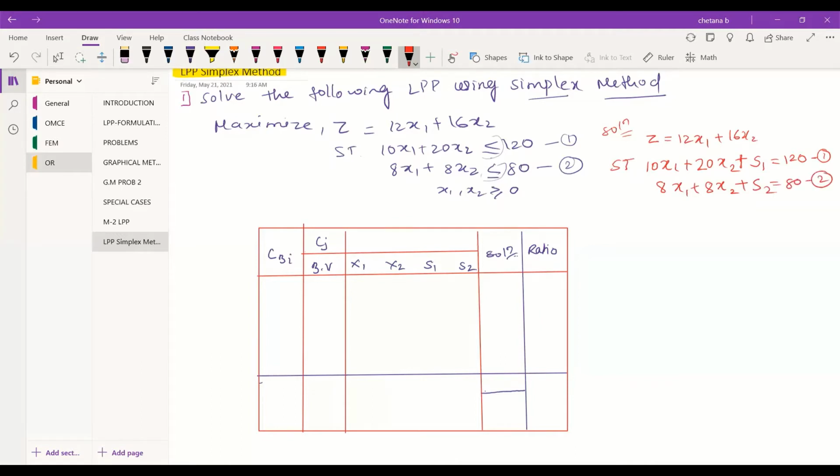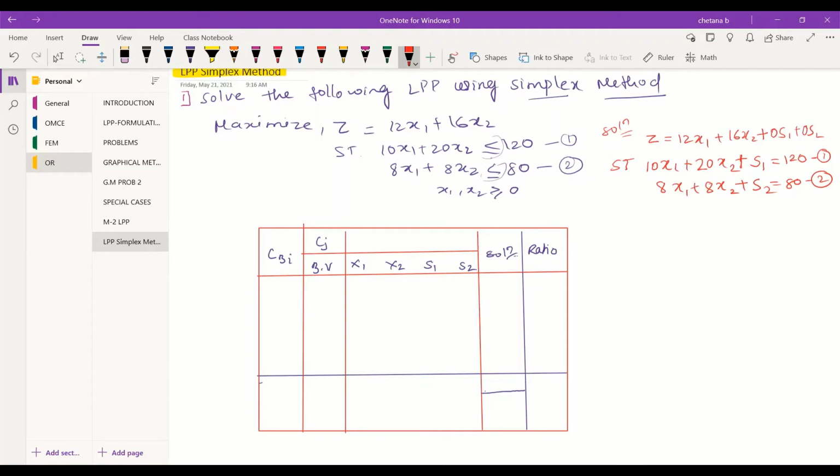The same s1 and s2 that you have considered should be balanced in the objective function equation. So you need to add s1 plus s2 with 0 coefficient to balance the objective function.